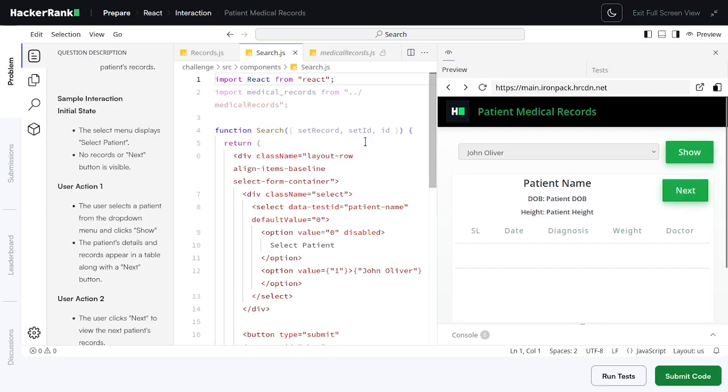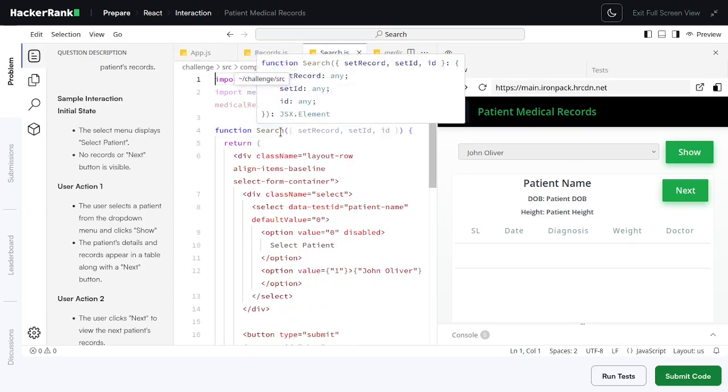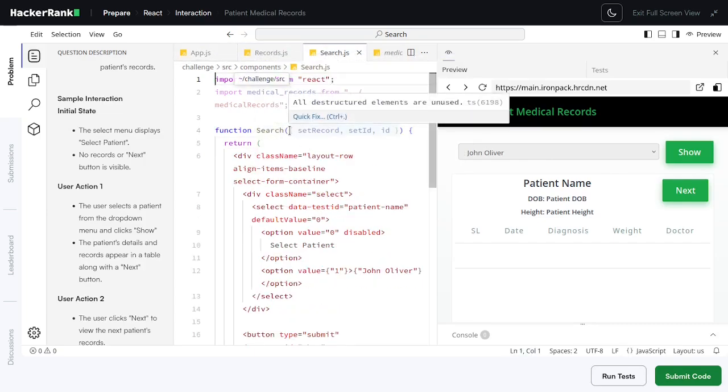And then the app.js will manage the states between the children, and the children will communicate with each other using the app as the parent. And then we can define the state on the app.js. Since we already have the search with the props of set record and set ID, and then the ID we might use them later, but for now